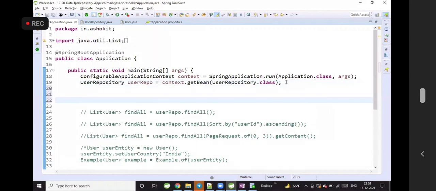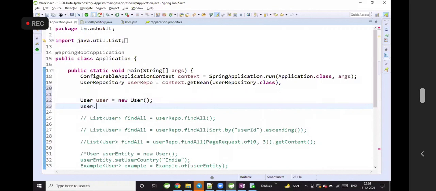First, we need to create an entity object. User is equal to new user. Let me set some data to the entity object to store into the database.